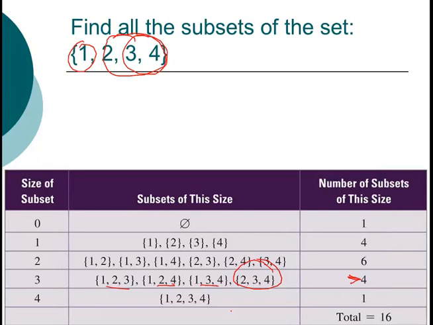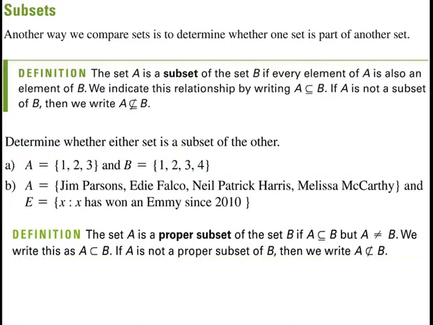And last, A is a subset of itself. It's kind of weird. If I call this A, I would say A is its own subset because it can be equal to A. So it's kind of like less than or equal to itself, one subset of itself. Okay. So another way to talk about them is